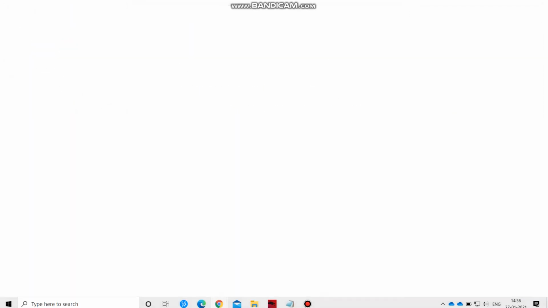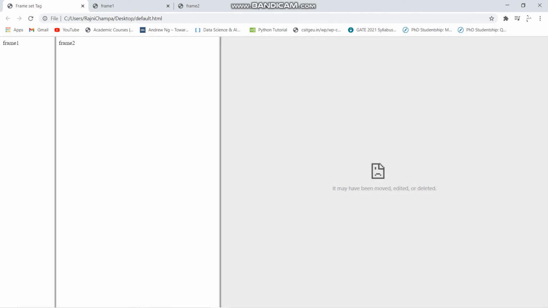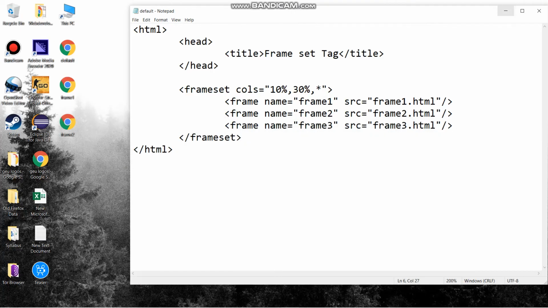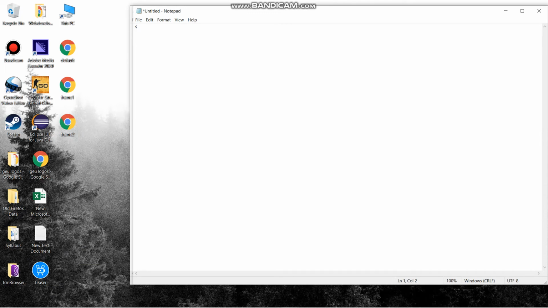See here, it is saying it may have been moved, because frame3.html hasn't been made. So I will open Notepad again, create another file starting with HTML and closing with HTML, two sections. First the head, and within the head I will give title frame 3, title closed and head closed.